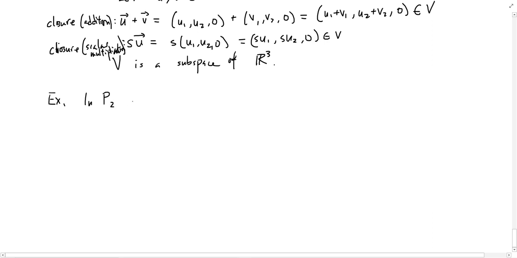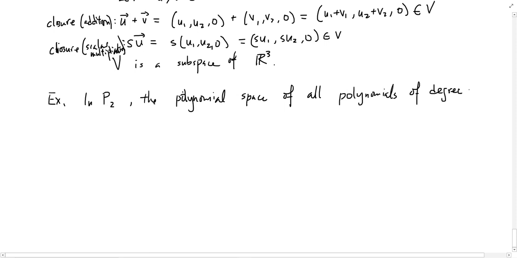So what is P sub 2? P sub 2 is the polynomial space of all polynomials of degree 2 or less. Consider all polynomials in P2 that are in the form of